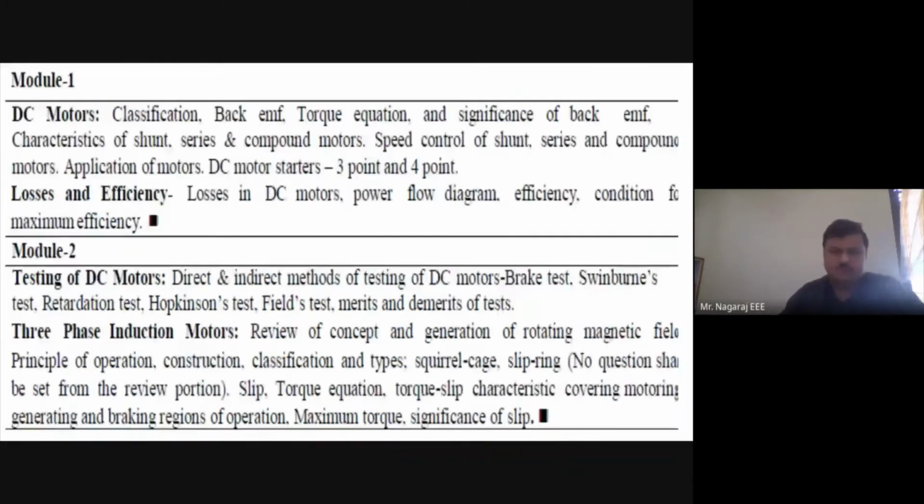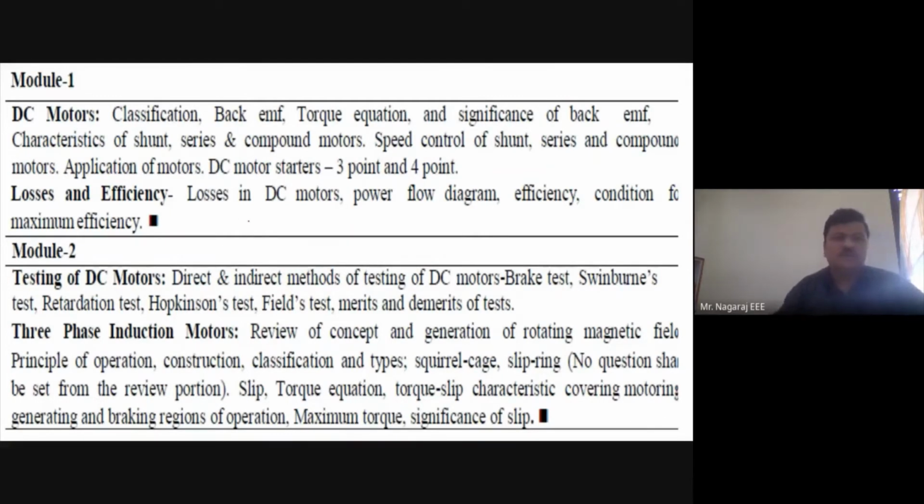There are 5 modules like in all the subjects. Module 1 deals with DC motors. You have studied DC generators in the previous subject, that is your transformers and generators course. Now, there is no difference between DC generator and DC motor construction wise. If you provide the field supply and the mechanical input, the machine will operate as a generator. If you provide the field supply and armature current, the machine will operate as a motor. So construction wise, there is no difference. But still, I will deal with construction initially.